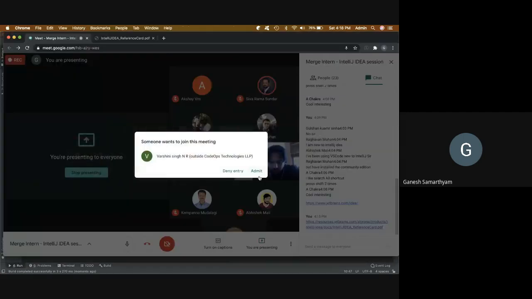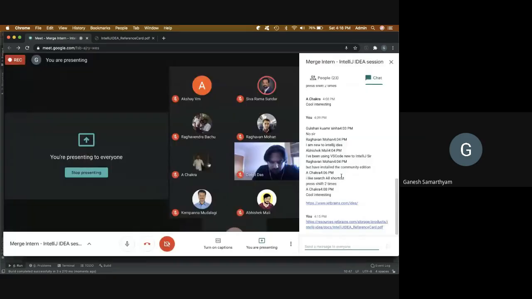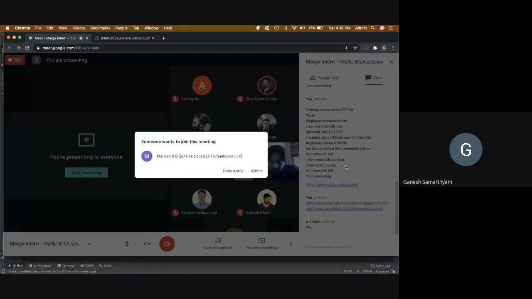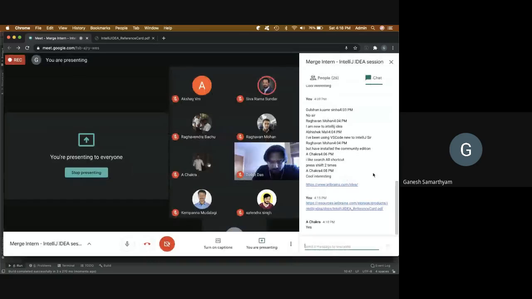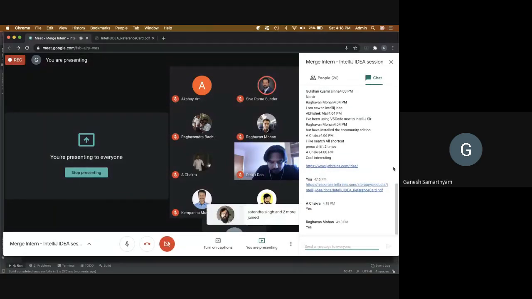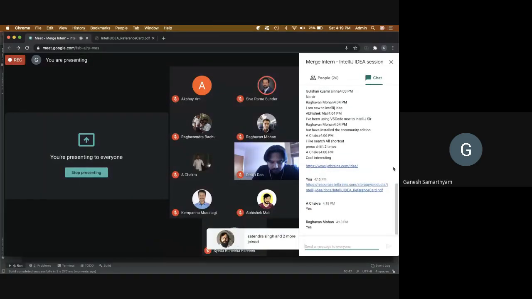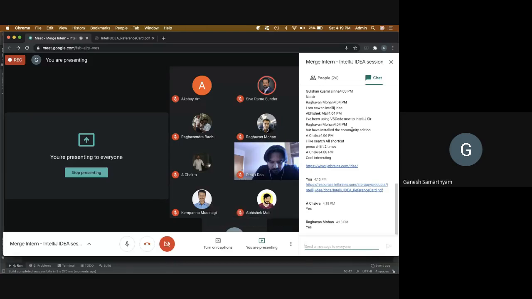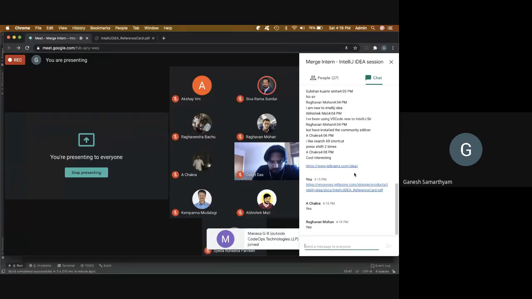So how many of you are coding with me? Type yes if you're coding with me. Only two of you? How about the others? Would you like to code with me? Download and install the IntelliJ IDEA Community Edition and follow this. It's not very complicated. Even if you don't know what a lambda is, you can just try and learn as well.